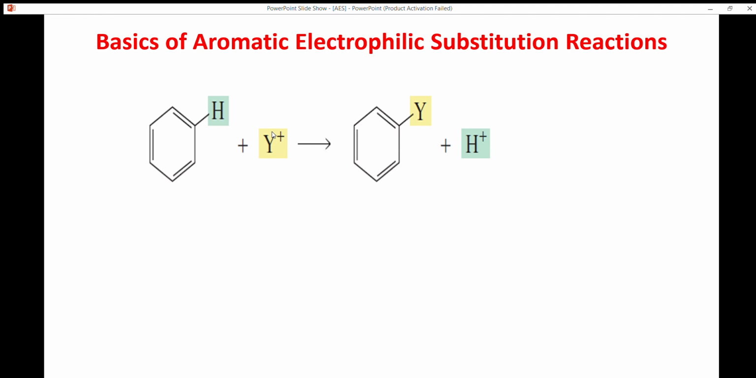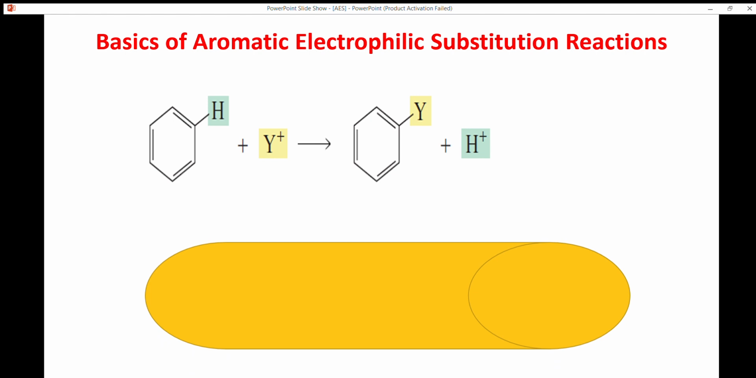Once this electrophile attacks the benzene system, one of the hydrogens is replaced by the electrophile, and you will get your finalized product. That means you will get a product substituted with an electrophile. This is the common reaction of all types of aromatic electrophilic substitution reaction. The electrophile plays the major role, replaces one of the hydrogens, and you get the corresponding substituted product. That is the overall reaction of